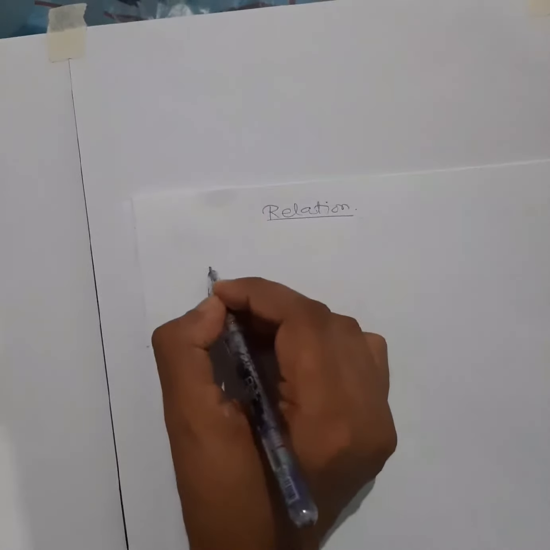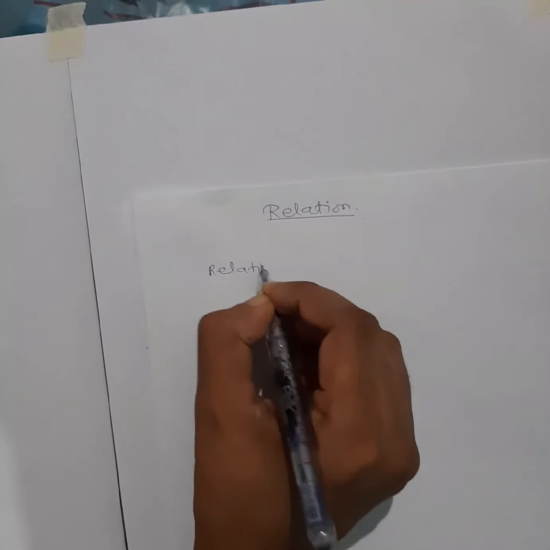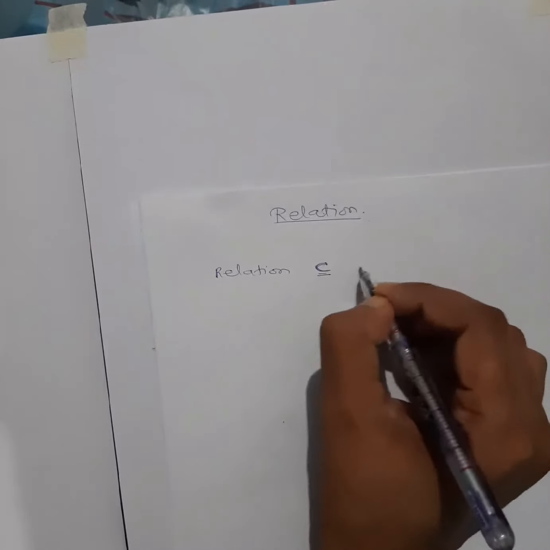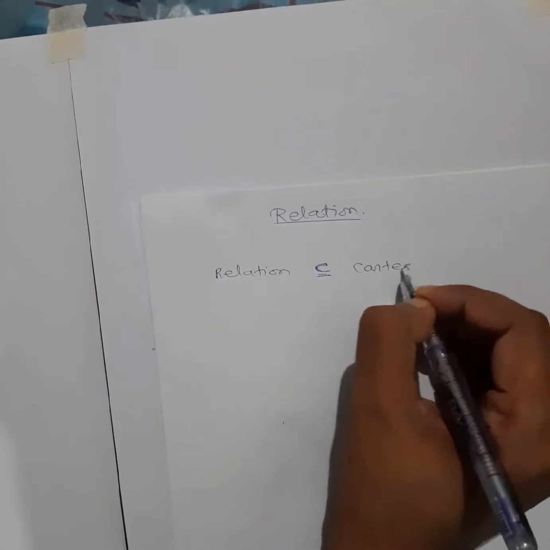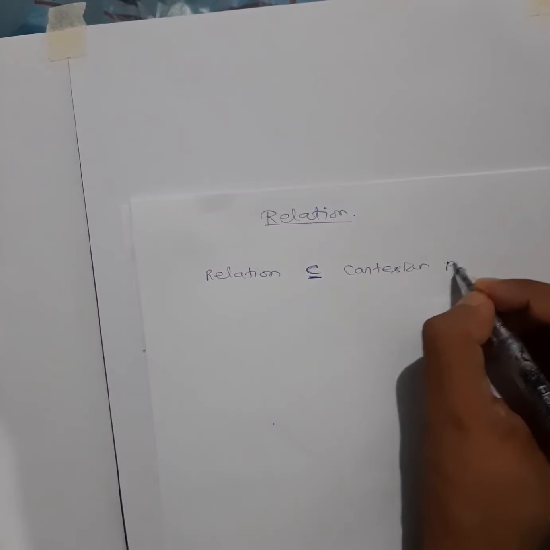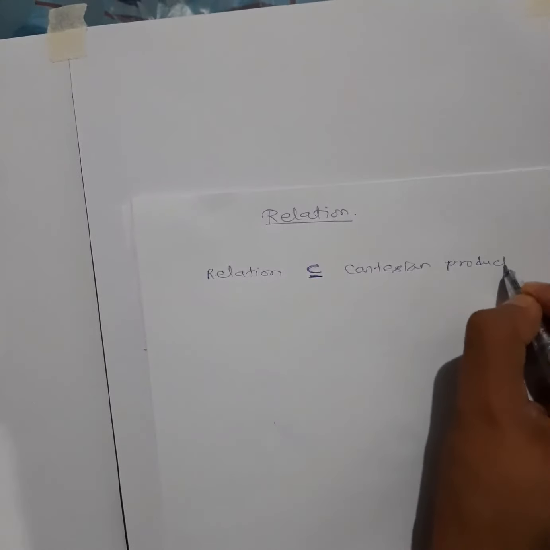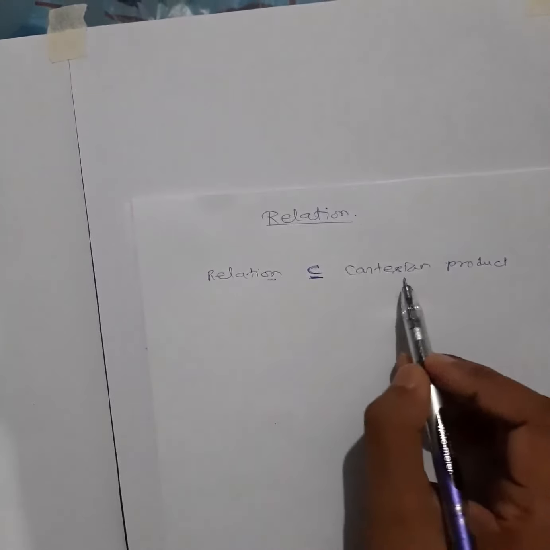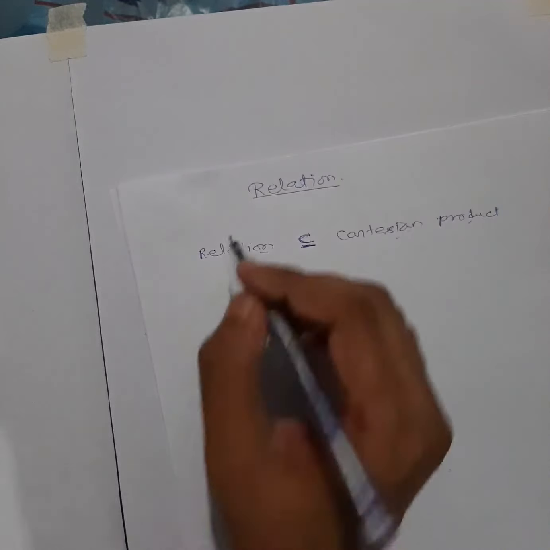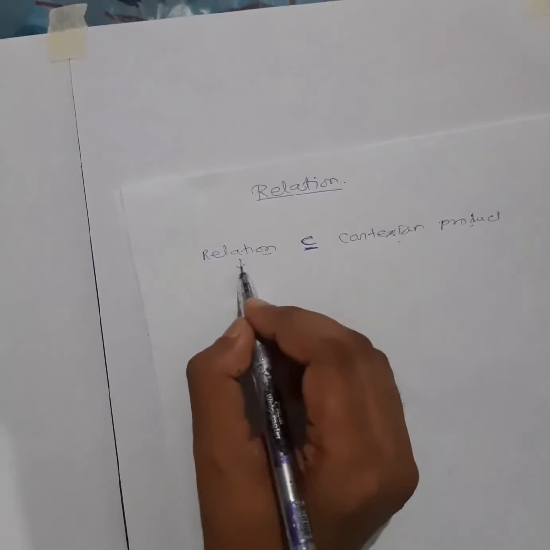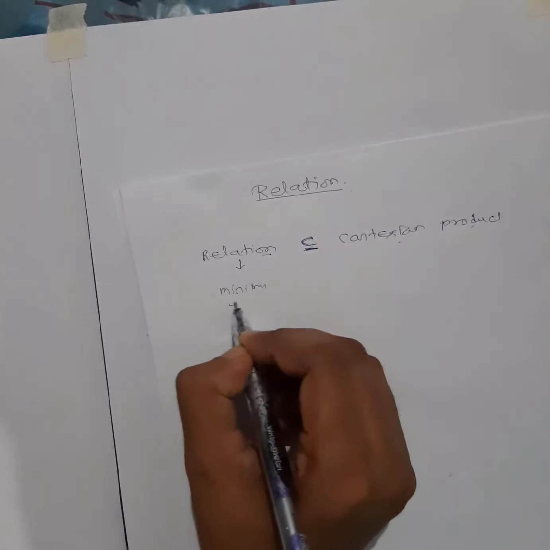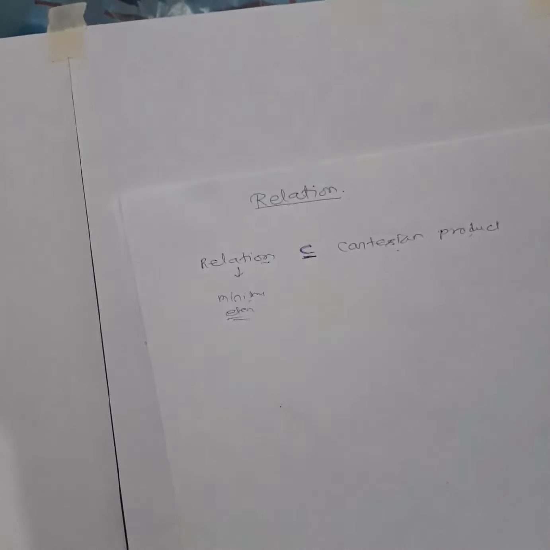Now relation, I told you, is nothing but a subset. Okay, a subset of Cartesian product. Simple definition, this one. Subset of Cartesian product means whatever element you will have in the relation set, it will come from the Cartesian product. Now what does that mean? So see carefully, by the word itself I have explained. Relation means minimum two objects must be there, two elements must be there, right? Minimum two elements.